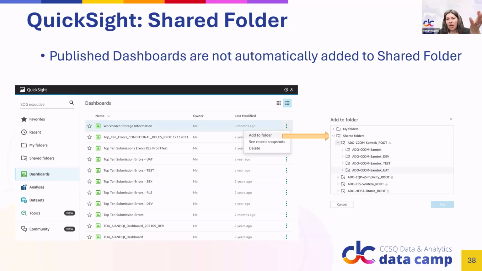Oh, so here's adding to shared folders. You only have the ability to add to a shared folder that you have permissions to. So if you want to share it with another shared folder, you also have to have permissions in that other shared folder to do that. Because I'm supporting everybody, I can grab a screenshot where it shows that, but that's not a very common scenario. So most of the time you just want to go into your own group's folder, and you can move it from the prod, dev, test, or UAT. Next slide.